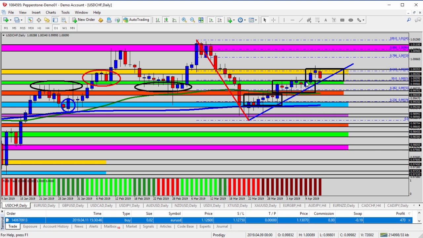bounced around for about a week between the orange and the green zone. And then the past couple of days, we've seen it break above the green zone and now finding resistance at the yellow zone. So if we're following this trend pattern, the blue trend line, then what we're looking at now